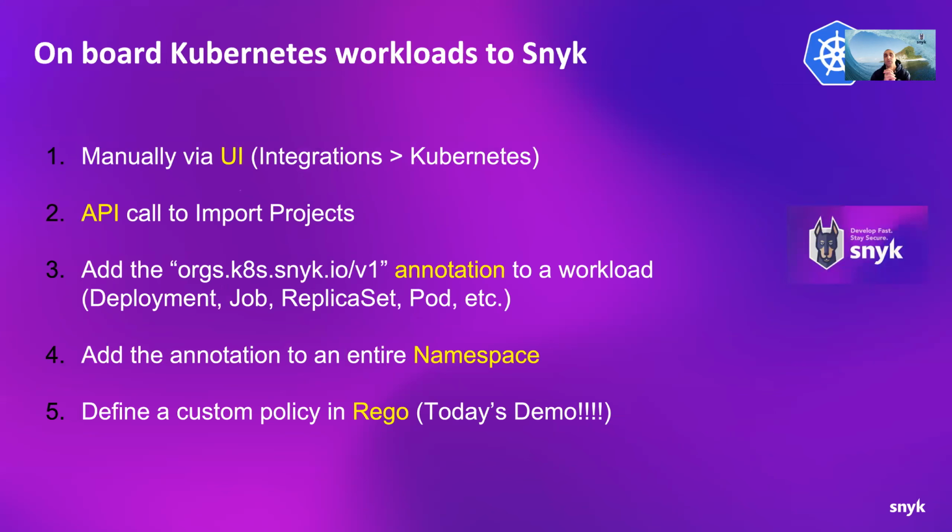So how do we onboard Kubernetes workloads to Snyk? In this demonstration, we're going to see how to automate that. But having said that, we can do it manually through the Snyk UI using the Kubernetes integration, indicating which workloads we want to monitor in Kubernetes. We can use the Snyk API to import those Kubernetes applications themselves. We could also add an annotation as follows: